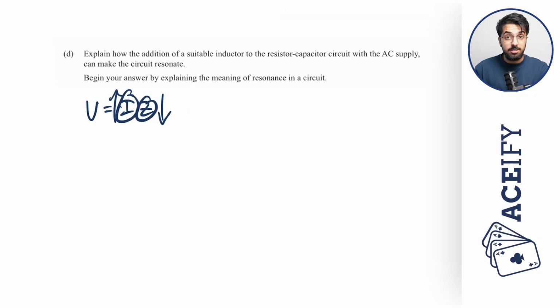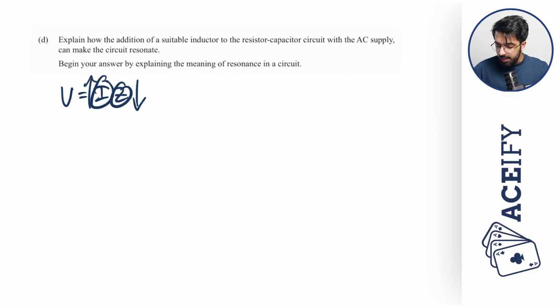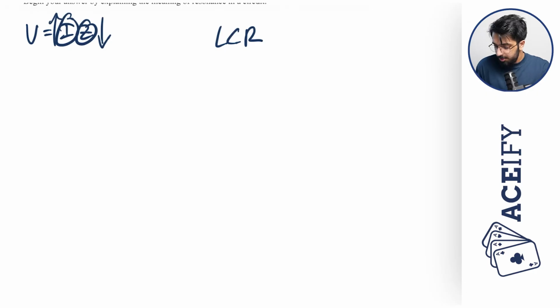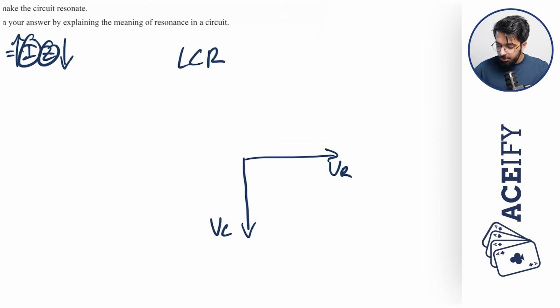And so if we add an inductor to this RC circuit, this is obviously going to become an LCR circuit, okay? And so therefore, if we have our phasor diagram with our voltage across our resistor coming over here, the voltage of our capacitor lagging by 90 degrees, okay? We should also know that the voltage of our inductor leads the voltage across our resistor by 90 degrees, okay? And so as you can see, the voltage of the inductor and the voltage of the capacitor are 180 degrees out of phase. And because this is a series circuit, the current is the same at all points,